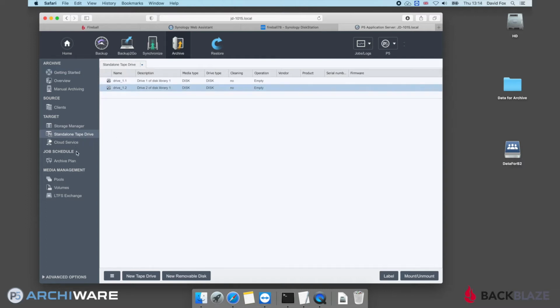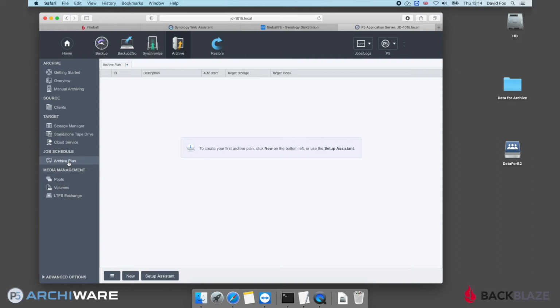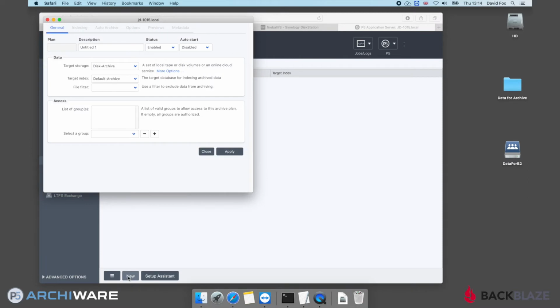The final step before we can actually start archiving is to create an archive plan, which we do here under Archive Plan, and then clicking New at the bottom. So an archive plan is a configuration that determines how some archiving takes place. We begin by providing a description for this archive plan, so I'll call this Backblaze B2 Archiver and apply to save it. The target storage is already configured to use Disk Archive, which is the storage that we've already configured, and we'll stick with the default archive index,